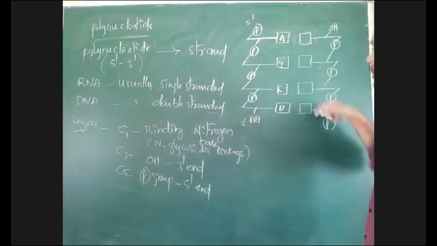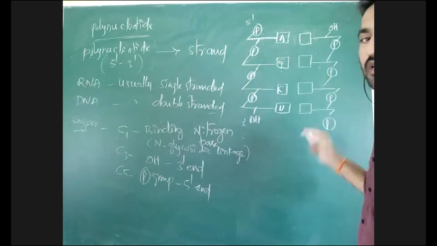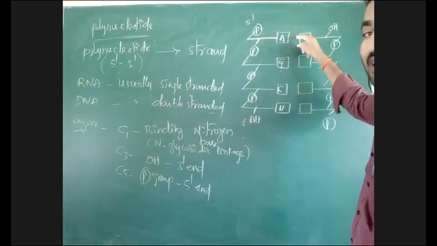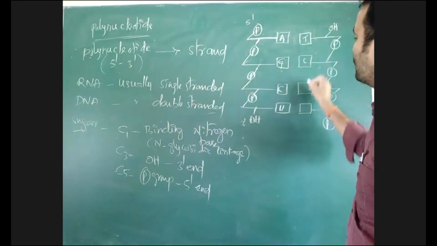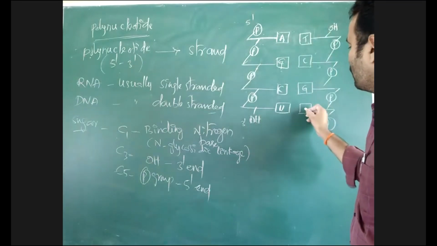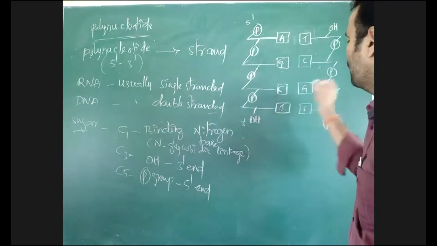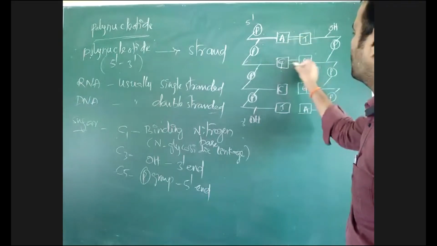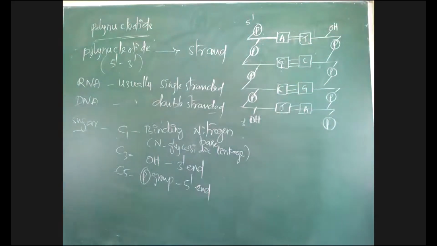So this is one nucleotide chain, this is one nucleotide chain. This nucleotide chain is one strand, this is one strand. Usually during the binding of these nucleotide chains, there is attachment of DNA. I told you, in DNA, adenine pairs with thymine, guanine pairs with cytosine, cytosine pairs with guanine. DNA means there should be thymine. Thymine pairs with adenine like this. So normally there is formation of hydrogen bonds between these. Adenine, thymine, a double bond is formed; guanine, cytosine, a triple bond is formed, 3 hydrogen bonds.